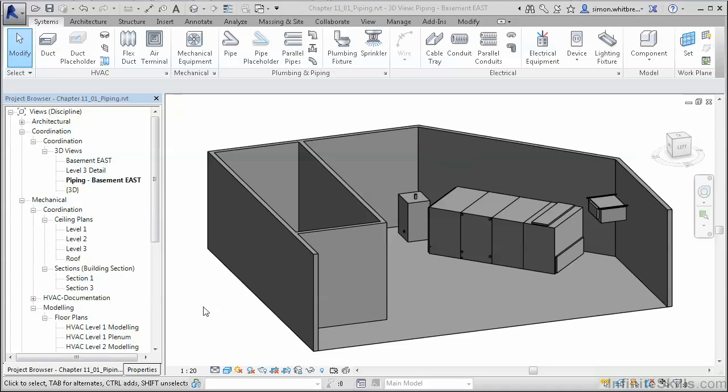From your Chapter 11 folder, open the file Chapter 1101 Piping. While pipes, fittings and accessories connect to each other naturally, they also form parts of systems. These systems facilitate the calculation of flow and of sizing of pipes, and they are created independently of the pipe